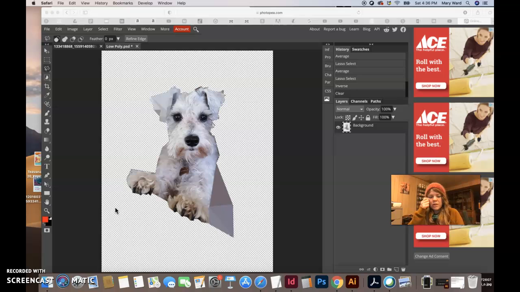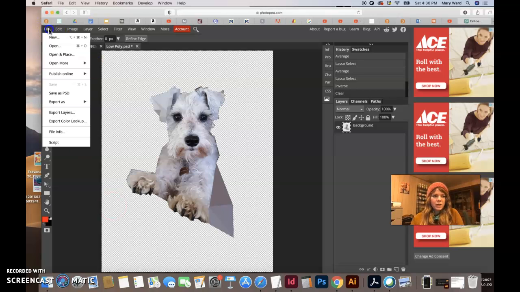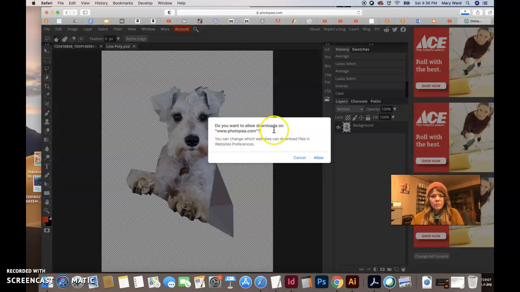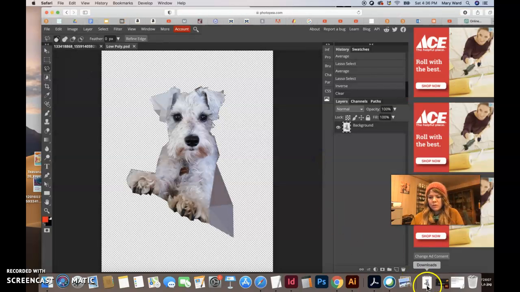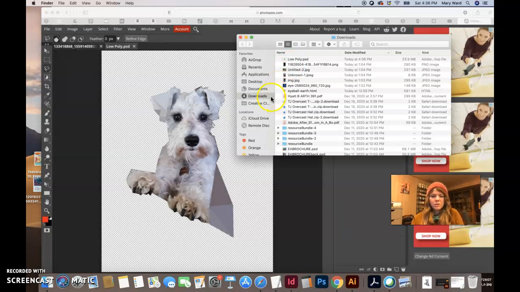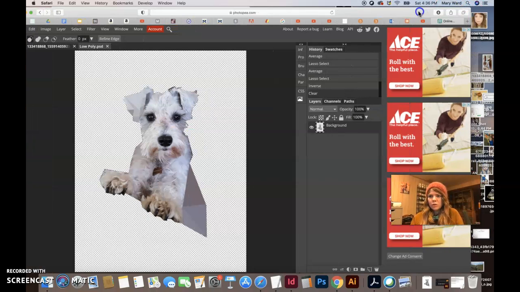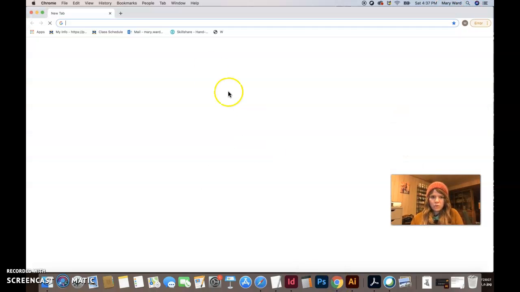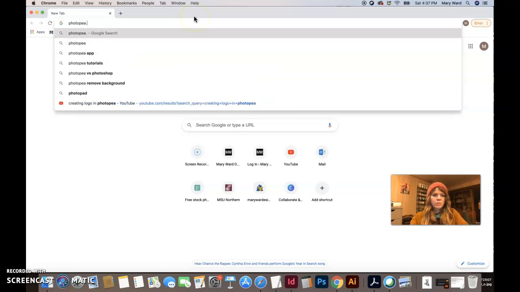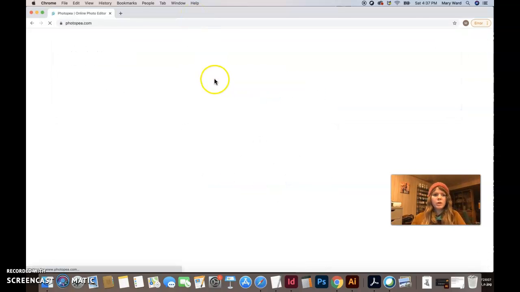It's a pretty simple project, but it is relatively time consuming. If it's something that you want to return to, you don't want to do it all at one time, you can always do a file, save as PSD, and then do an allow, and that'll give you a PSD file that you can then re-upload into Photopea, I believe. So if I go to Photopea again, maybe in Chrome, Photopea, whatever you want to call it,